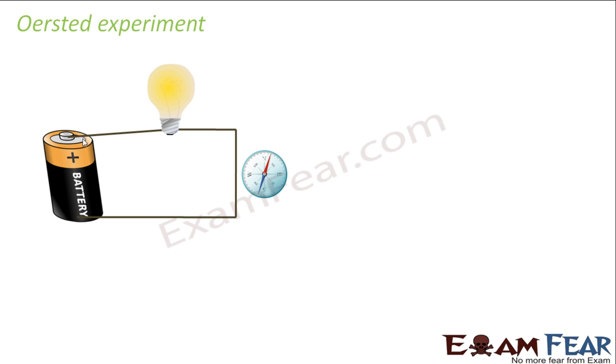In this circuit, he took a wire, connected a bulb to it and a battery to it. When you switch it on, the bulb starts glowing. That means that when the bulb is glowing, your wire is conducting current. That means current is flowing through this wire. And when current is flowing through the wire, he took a magnetic compass or magnetic needle,